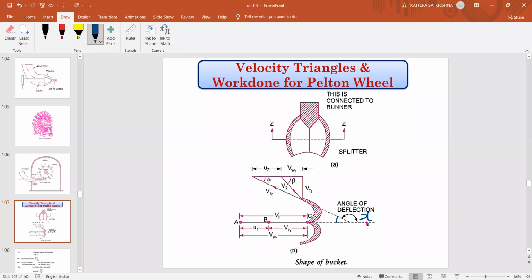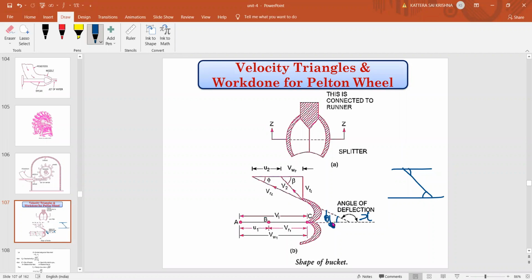Here, see, this is horizontal. If you see, it is a total of 180 degrees. So if this angle you are taking as x, this will be 180 minus x. I'm not asking the symbol, I'm asking what will be the angle here. 180 minus x will be the angle. Suppose this is 30, here it will be 180 minus 30 degrees. So this angle is also equal to phi here. You can see, what you get here is also equal to this phi symbol. Why? Because this line and this line are both parallel, and this angle and this angle will be equal. Same concept. So here it will be phi, and automatically this also will be equal to phi.